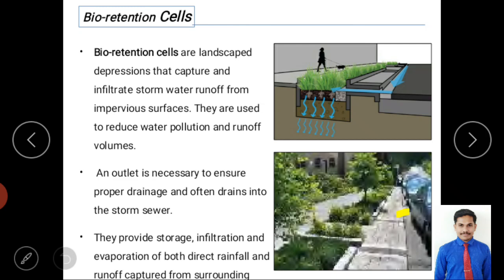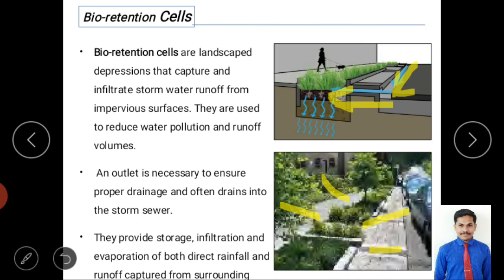Impervious surface means even from the side they will collect the water and capture it. After the capturing, you can see in the first image that blue arrows are shown to capture the water and how it flows towards the bioretention cell, right? They are used to reduce water pollution as well as runoff volume.